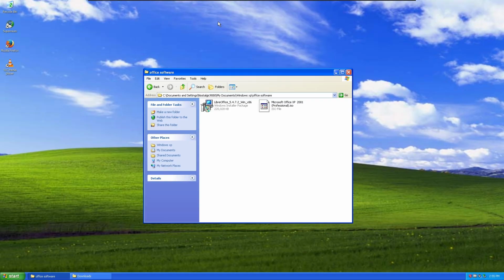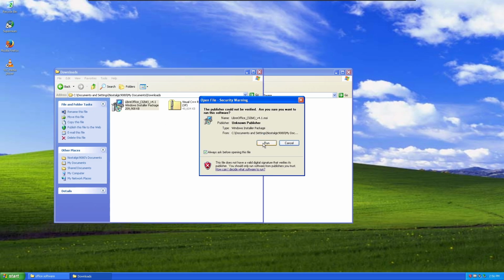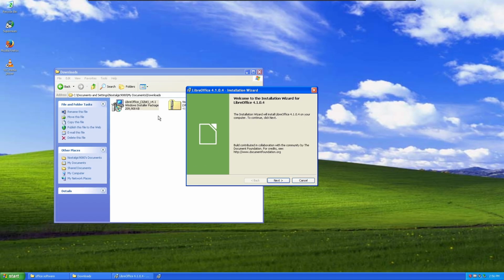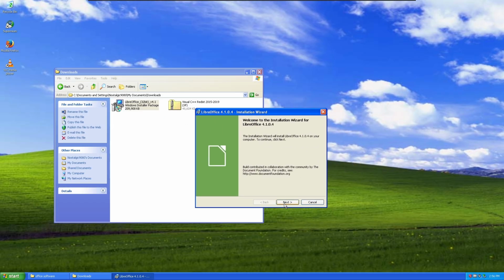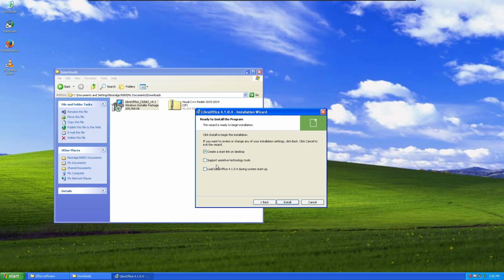Okay, so one of the solutions that I found was just installing an older version of LibreOffice. So what I did is I found a 4.1 installation. I know this is way back, but we're gonna see if this is any better. It could be the same with VLC. What they were saying is that newer versions of Windows could have different DLLs that it's looking for, and that could be the issue, but I don't know, because I've run these versions on previous installs of XP, so I don't know why it would be doing this, but we're going to try to install this older version anyway